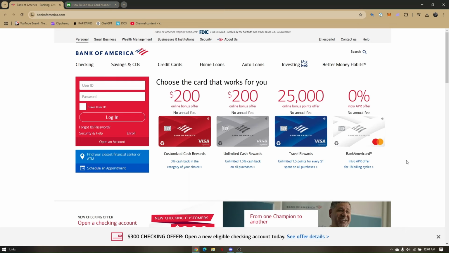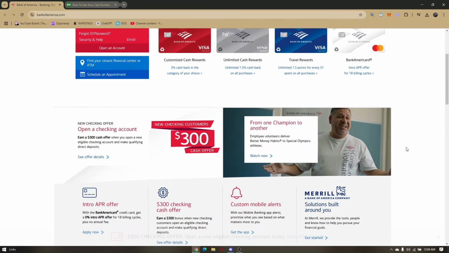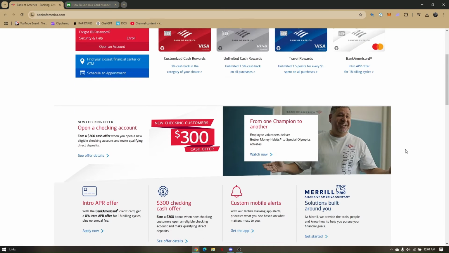How to find your card number on the Bank of America application. First things first, you just have to make sure that your Bank of America app is updated